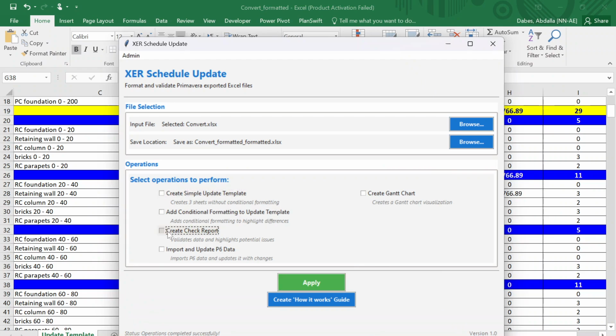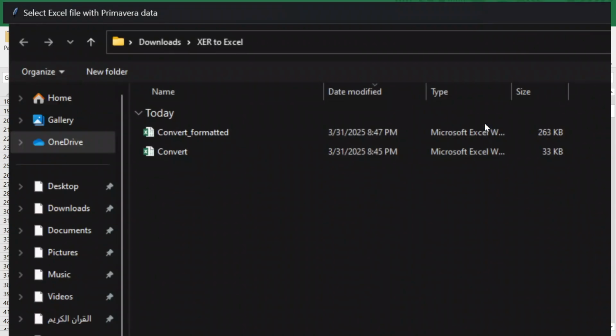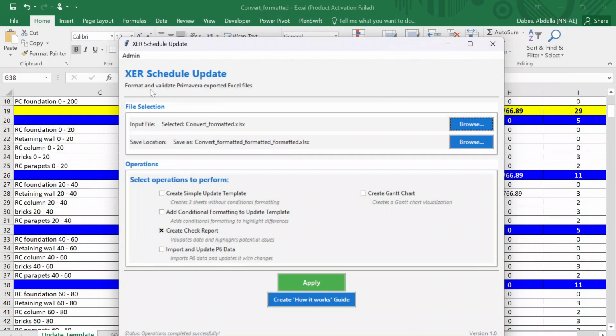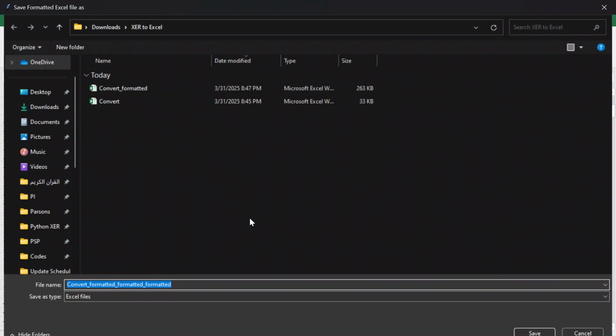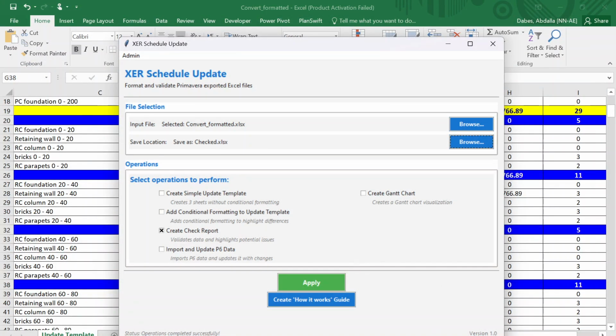So here I will choose the select option, and I have to go here to the input file. This time I will choose that file as the input. It doesn't matter if I choose a location here, because it will ask me to pick a new location. But if you want to select your location, select it and call it checked, though it will ask you again to do that. So once I click here,